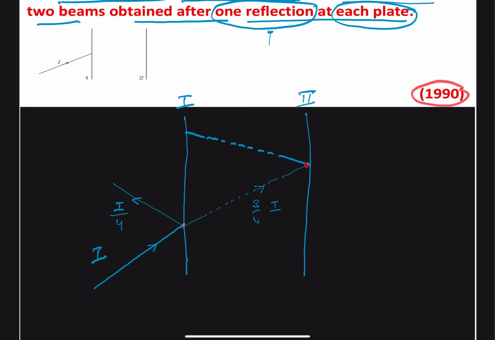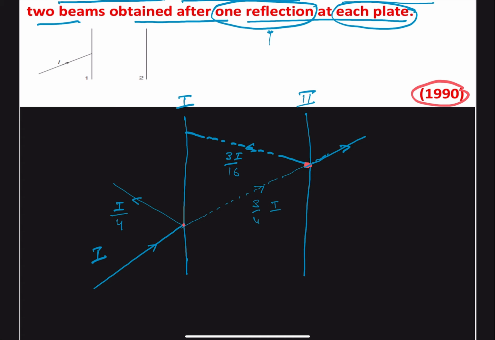This is the point, and the reflection will be 25% of 3/4 I, which comes to 3I by 16. And from here the rest will be passing through this plate,